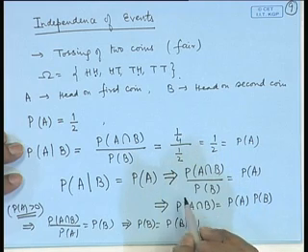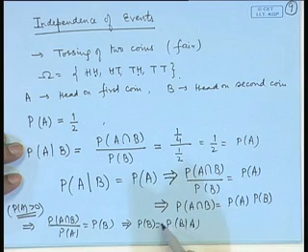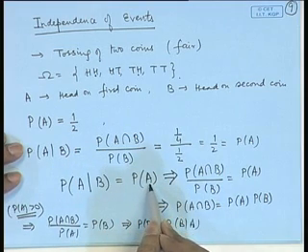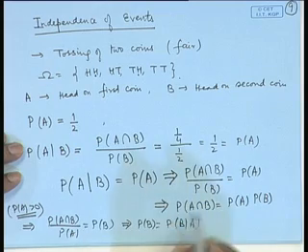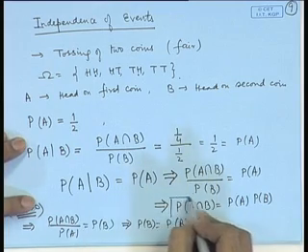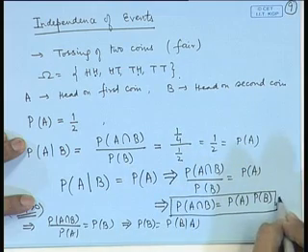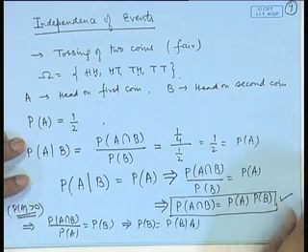So provided I consider that probabilities of A and probabilities of B are positive, the concept of independence of A with B or B with A is symmetric in nature. Therefore, to avoid unnecessary complications, we can consider this as the definition of the independence of the events A and B. So we formally define